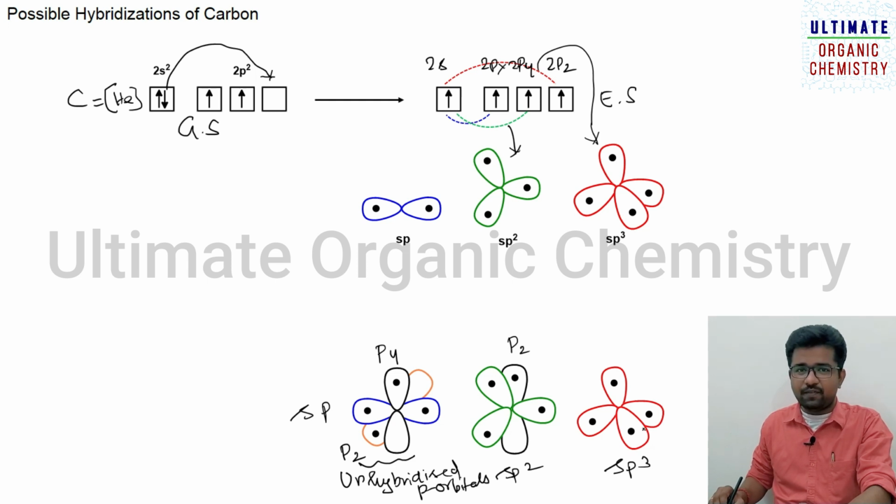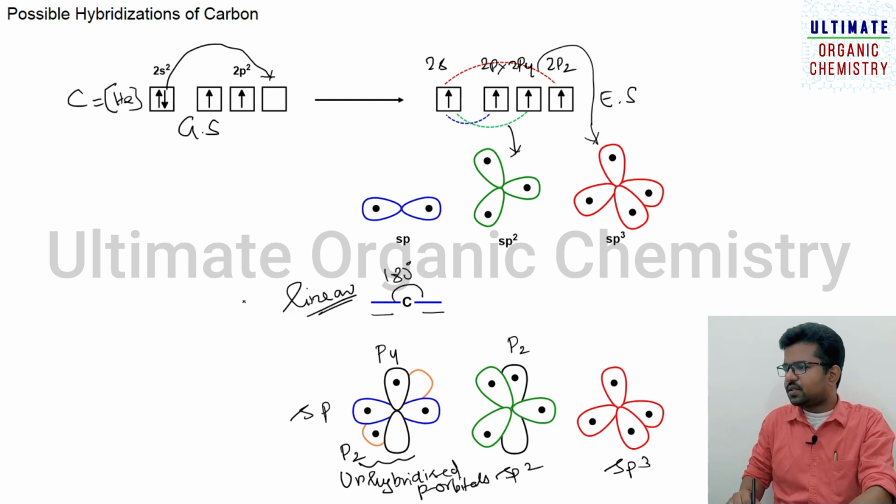Let us go to the geometry of hybridized orbitals. In the case of sp, these orbitals are given in the form of bonds. So this is a bond. If you check the bond angle between these two, it is 180 degrees, and the geometry of the sp hybridized orbital is linear. So this is going to be an important one. Now if you check here, this is the central carbon atom. Here you have one bond, one bond, one bond, drawn in this way. So the bond angle is 120 degrees and the geometry is trigonal planar.